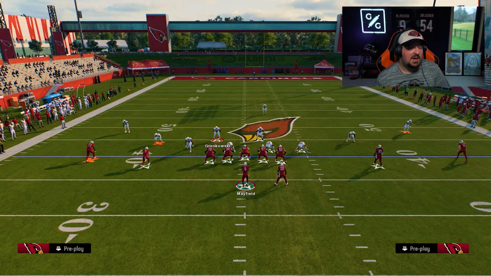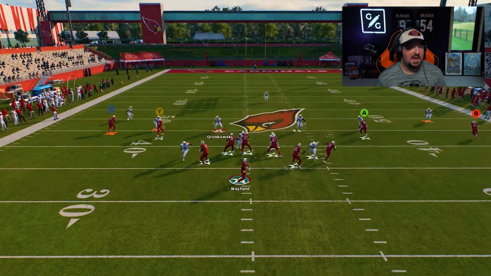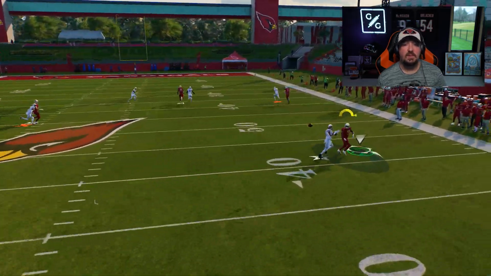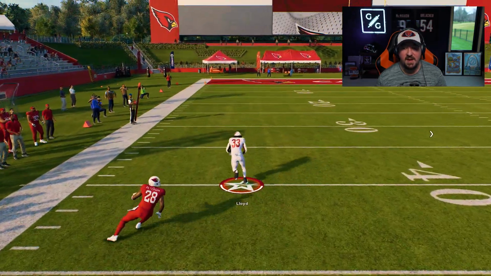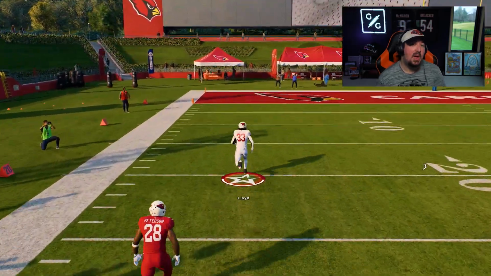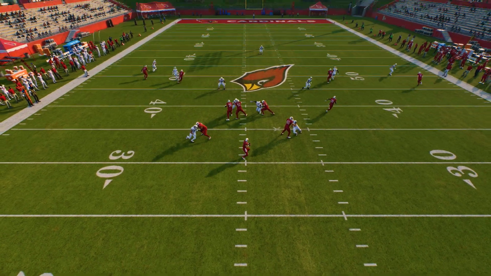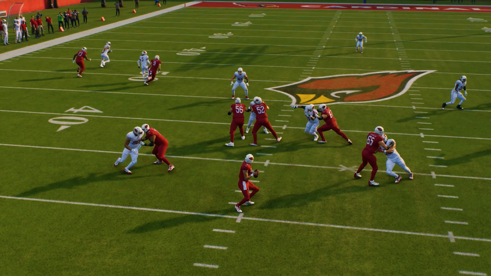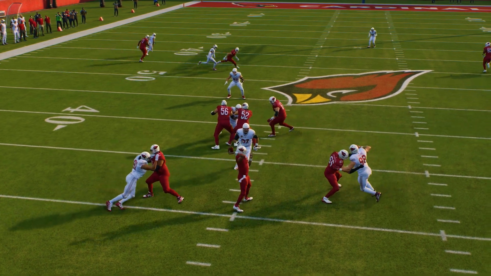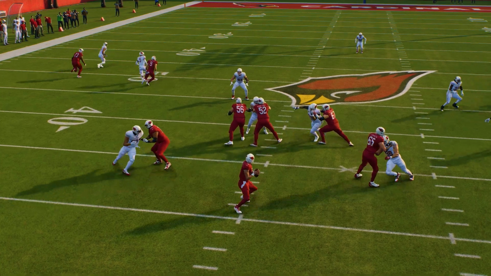So what I'm going to do here is click off of Lloyd and run basically the same route combo. We're just going to put the running back to the flat, vertical, vertical. And you're going to see that the hook defender is the one that is actually responsible for this running back. In fact, both of our hook defenders are responsible for the running back. If he goes to the right, as he did in this last example, he's going to end up being matched by Devin Lloyd on this hook zone, which gives basically freedom to this backside hook zone to kind of be our